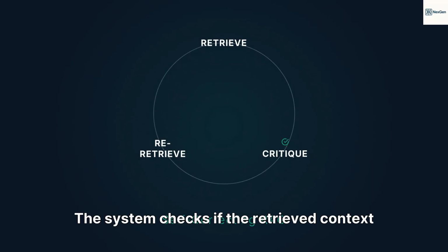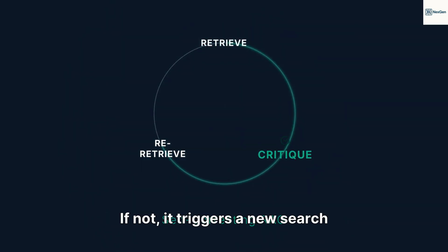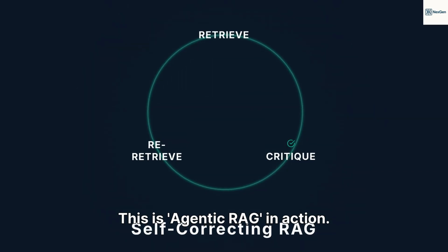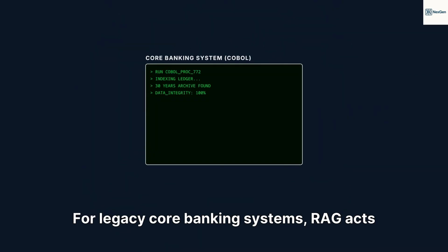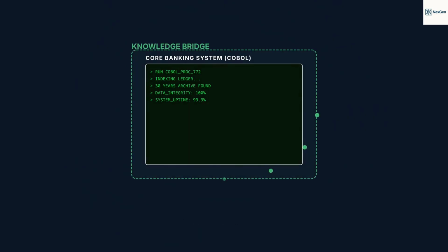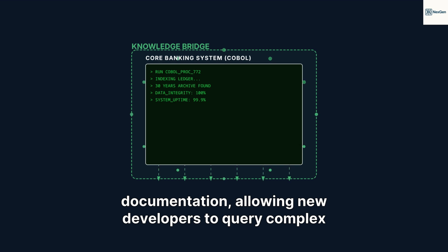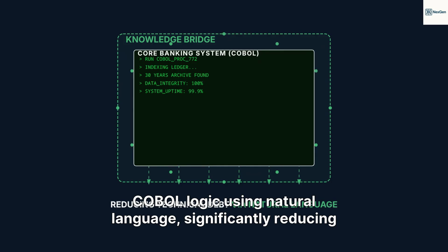The system checks if the retrieved context is actually relevant to the question. If not, it triggers a new search with a different strategy. This is agentic RAG in action. For legacy core banking systems, RAG acts as a bridge. It can index 30 years of system documentation, allowing new developers to query complex COBOL logic using natural language, significantly